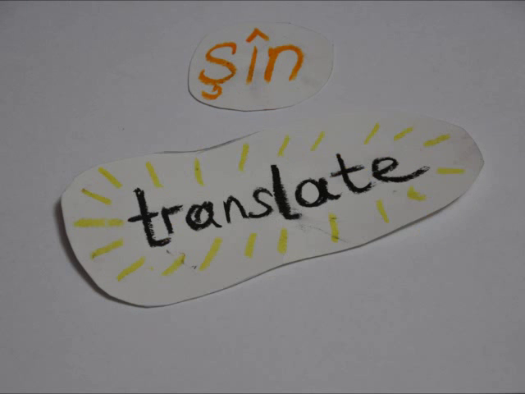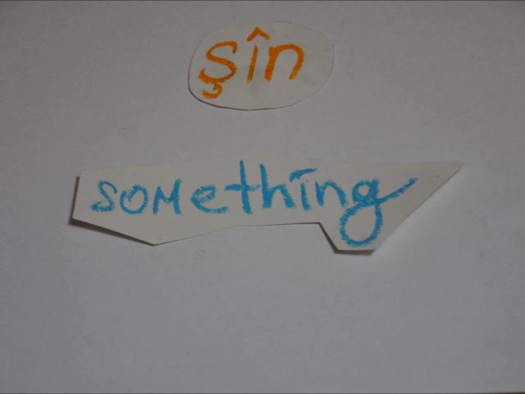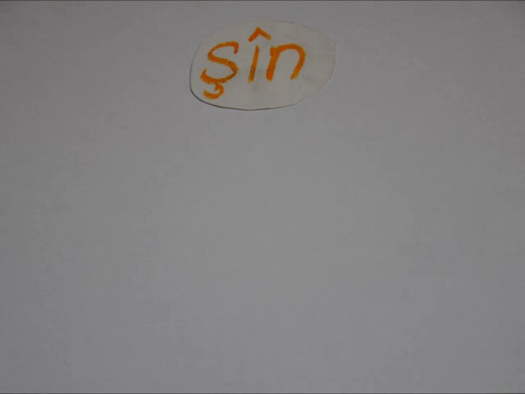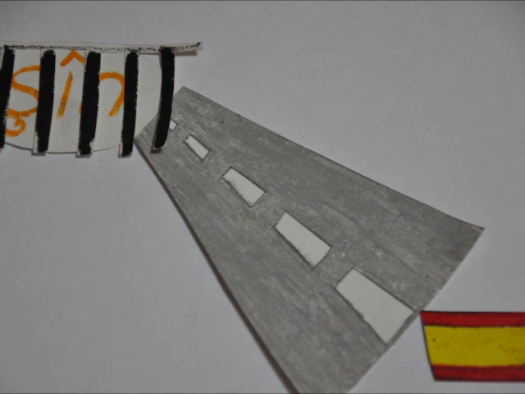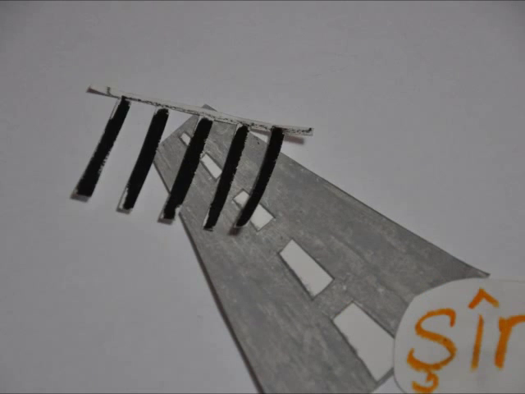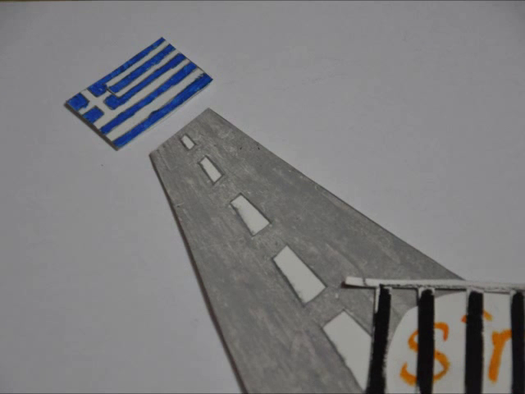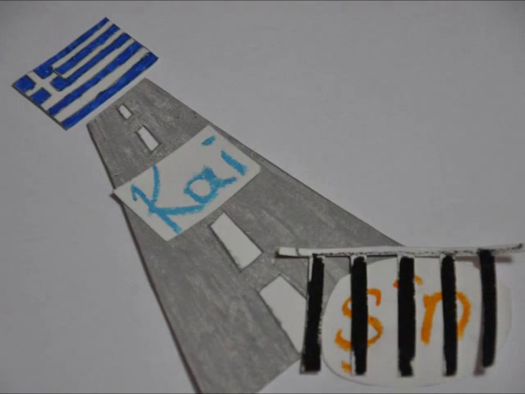One of the culprits is the letter Shin, and it makes the sound we think of as SH. It's also the very first letter of the word shay'un, which means something. The problem is that the letter Shin and the word shay'un can't be rendered into Spanish because Spanish doesn't have that SH sound. So by convention, they created a rule in which they borrowed the CK sound, the K sound,